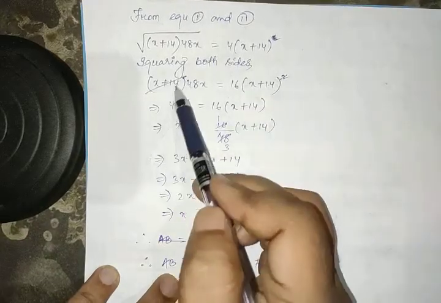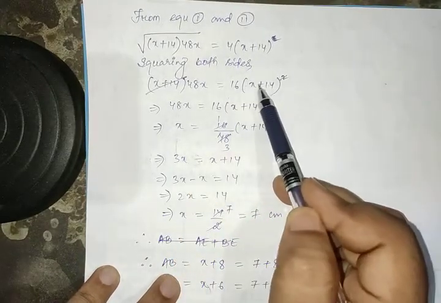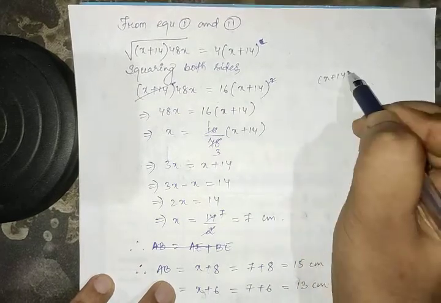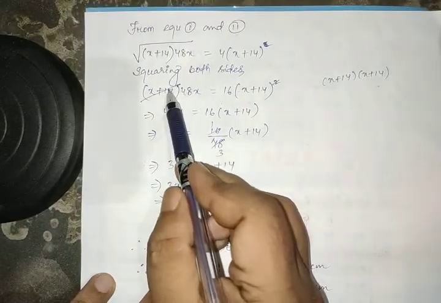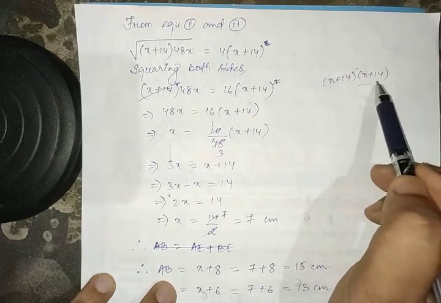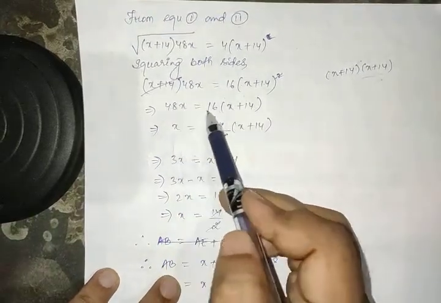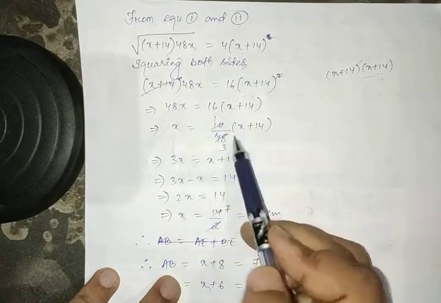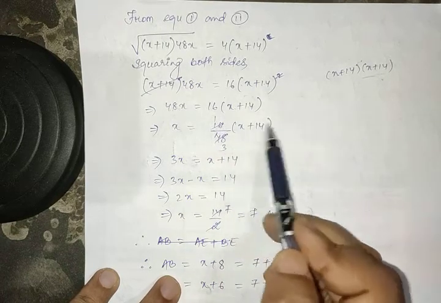Okay, so now you see here we have x plus 14 and here also we have x plus 14, but here we have whole square. That means we have 2 times x plus 14. Okay, like this, x plus 14 whole square means we can write 2 times x plus 14. Okay, so I have cancelled 1 x plus 14 from the left hand side and 1 x plus 14 from the right hand side. So 1 x plus 14 is remaining, right? So that I have written 16 into x plus 14. Okay, this part 48x equal to 16 into x plus 14. Then only x will be, this 48 is multiplied here, so if you bring it on the right hand side it will be divided, right? So 16 1s are 16, 16 3s are 48 into x plus 14.